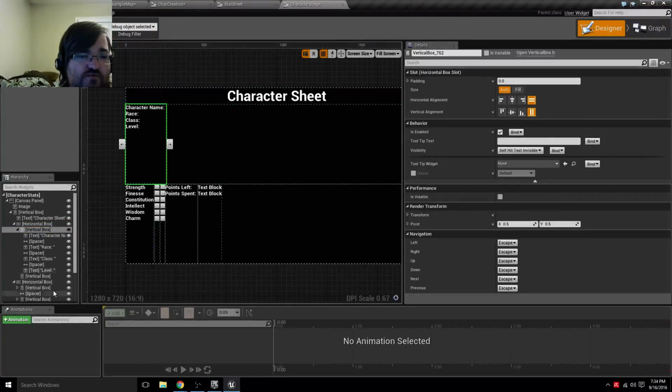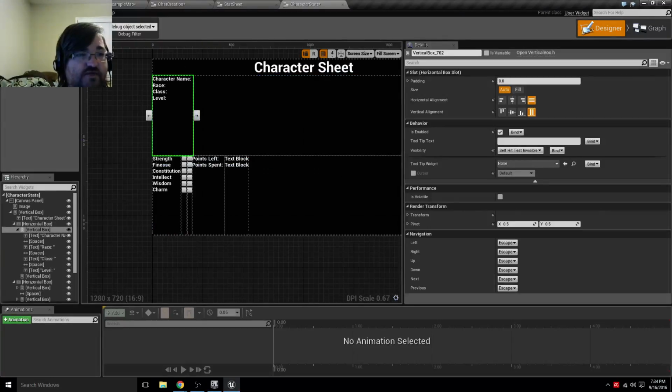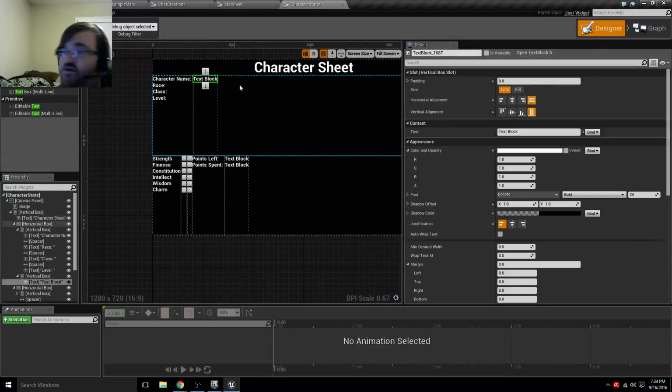Okay, boom. We're going to go ahead and have another vertical box right here, and we need text. Now, this part is going to be a bit for me to